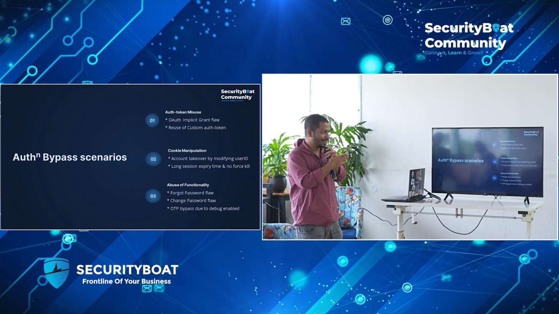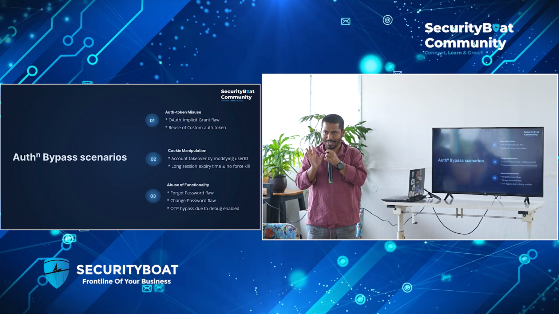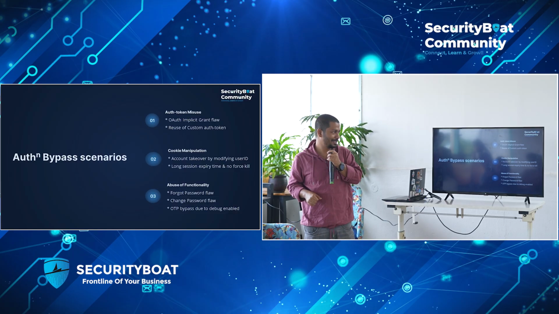Correct. So forgot password is even before login, you forgot your password. So there is an option by the application to change your password. First you have to verify you are the valid user or owner of that account. It will ask some security questions, your recovery email address or phone number. After verification only, it will allow you to change your password and get back to your account. This is the forgot password feature.